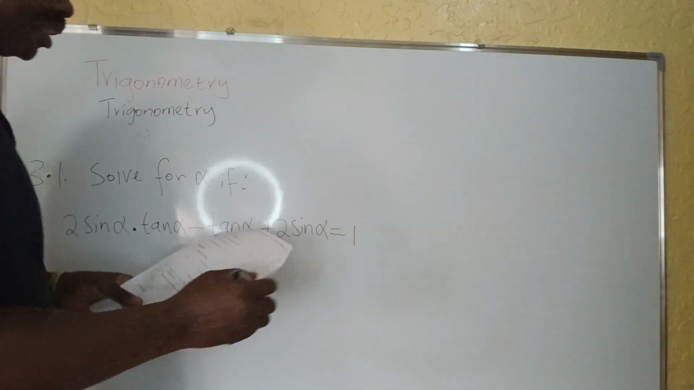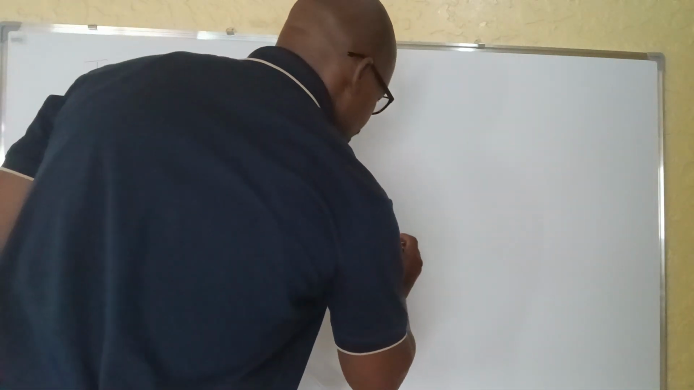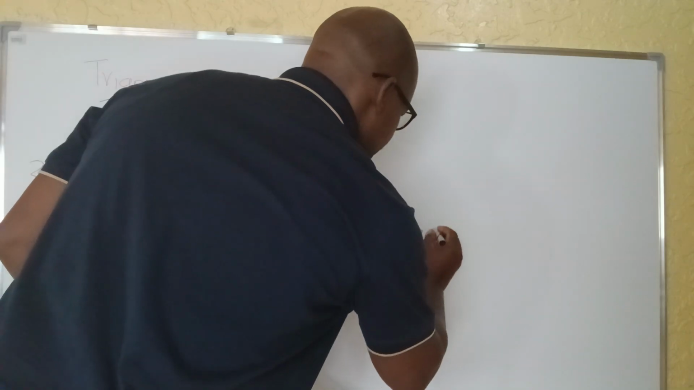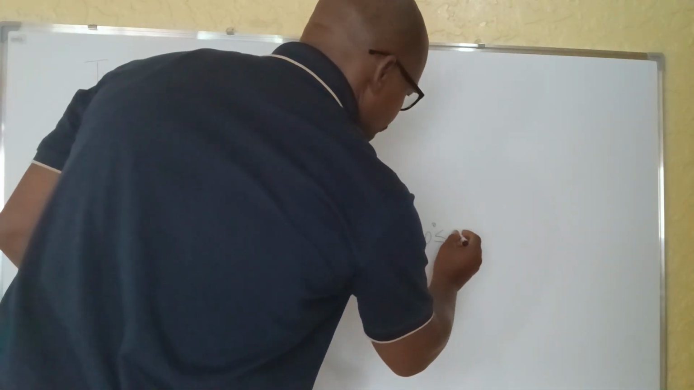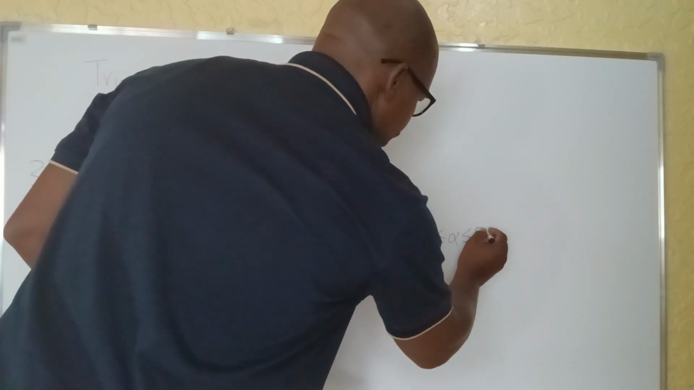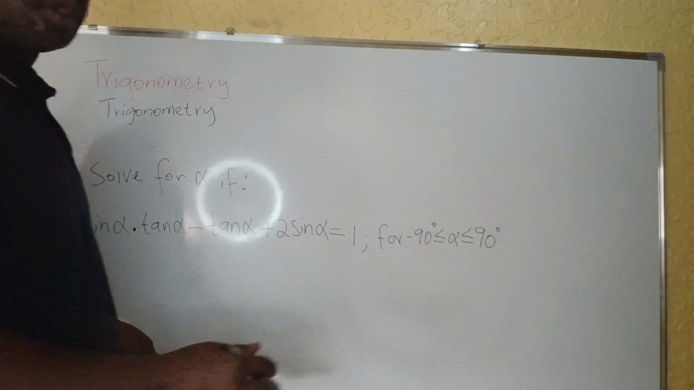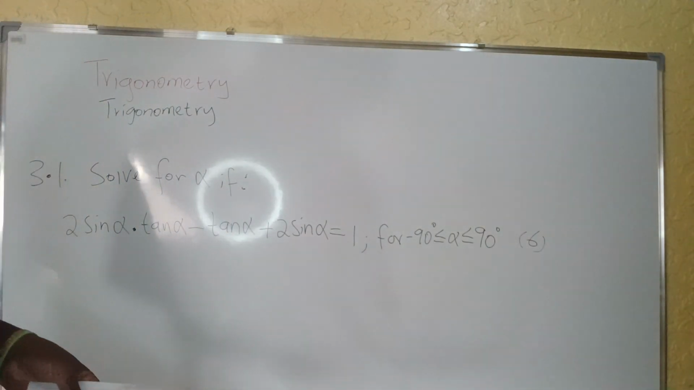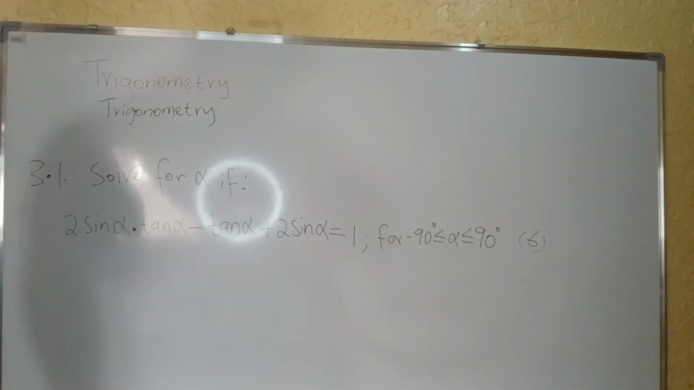And then we are given the condition for alpha is between minus 90 degrees and 90 degrees. And we are also told that the value of solving that problem is 6 marks. So in a scenario like this,